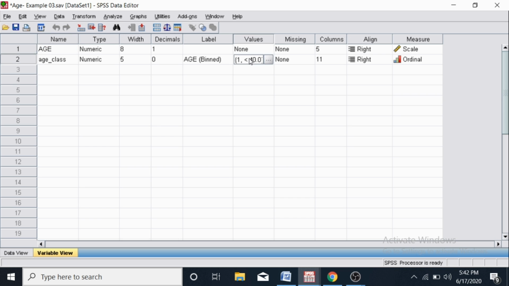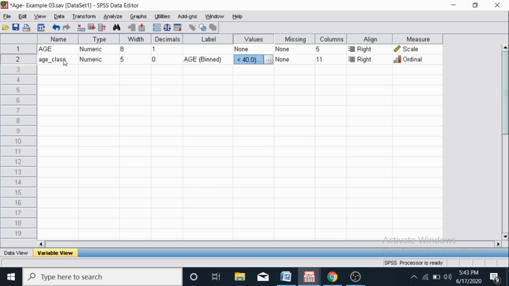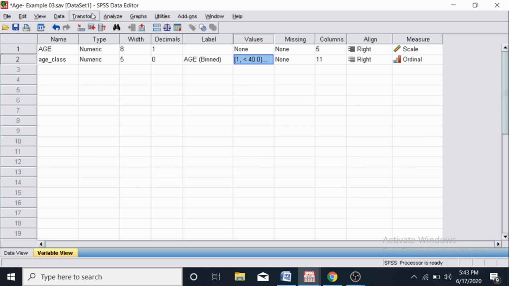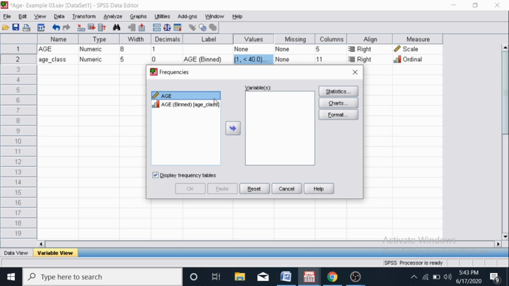Now as you can see, on the values, the labels have been selected, and the new variable is known as the age class. So now we are going to go to the Analyze section, Descriptive Statistics, Frequencies.